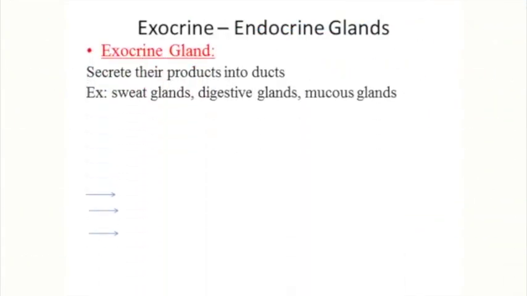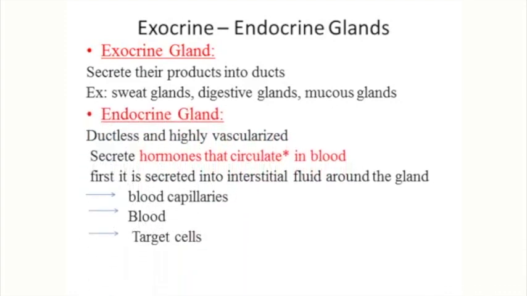To start with, I'm going to differentiate exocrine and endocrine glands. Exocrine glands produce products into ducts, while the endocrine glands are ductless. They secrete their hormones directly into blood. That's why endocrine glands are highly vascularized, which is rich in blood capillaries. So some examples of exocrine gland are like sweat glands, digestive and mucus glands. However, endocrine glands,